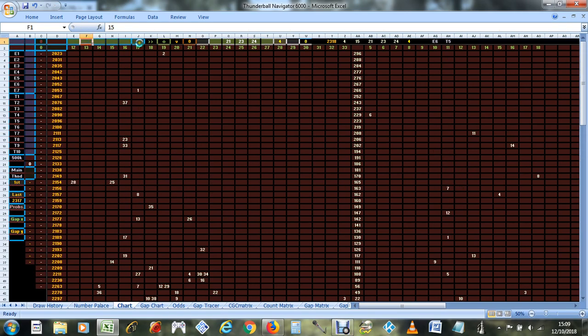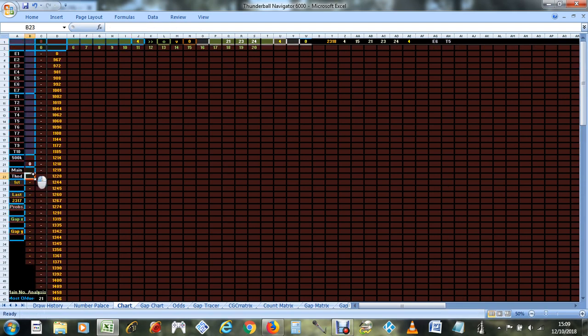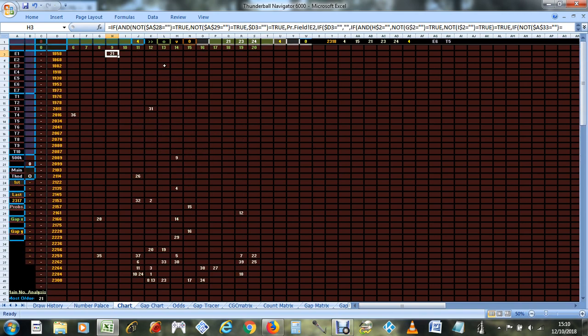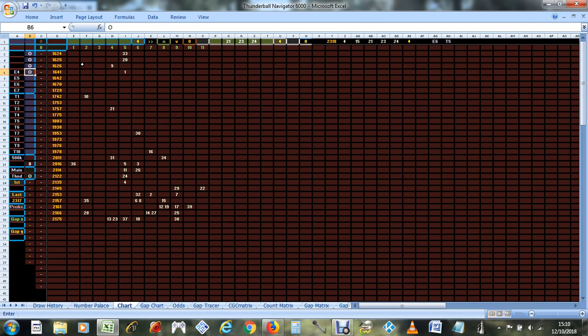Now if we look at Thunderball number 4, let's see where the main numbers are paired with that one, then it turns out that 21 was most overdue with that, and you can see there's number 4 on the edge of the chart, and number 15 as well. See, the edge of the chart is this line that goes from top left to bottom right, so not exactly on it, but they're near it. Now if we narrow it down to just the 2 machines and 4 sets of balls that are in use at the moment,